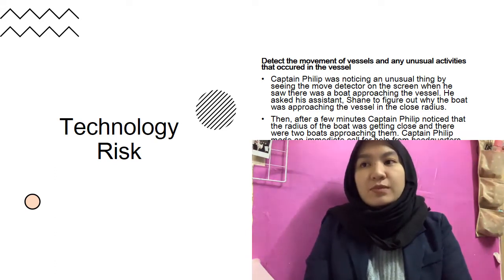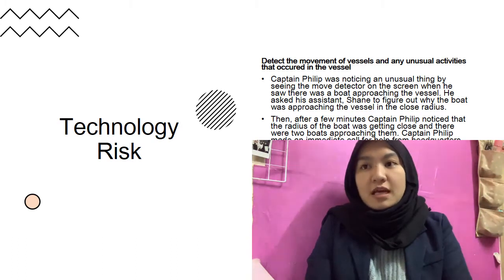Then after a few minutes, Captain Phillips noticed that the boat was getting close and there were two boats approaching them. Captain Phillips made an immediate call for help from headquarters because the boats might be pirates, and headquarters could trace and track the location of the vessel. For example,